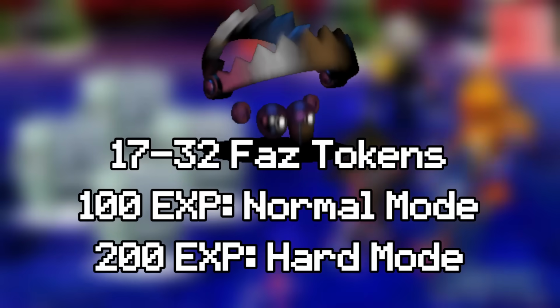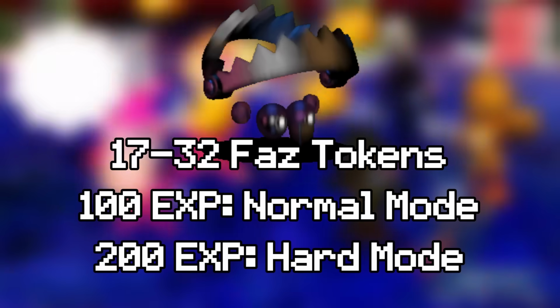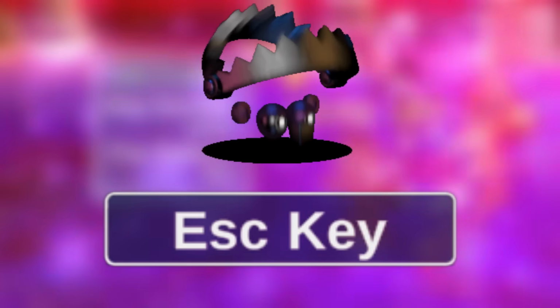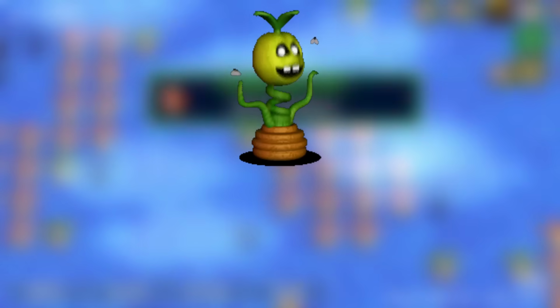Upon death, they drop between 17 to 32 Phas tokens and 100 XP on normal and 200 XP on hard mode. They also have the move Escape Key, which for enemies has a 50% chance to inflict 5,000 damage on multiple party members. Bounce Pop are a common enemy found in the Fazbear Hills, with a 33% chance to encounter